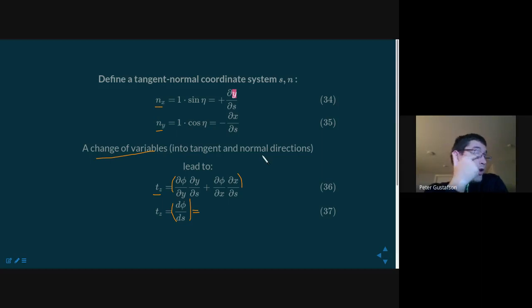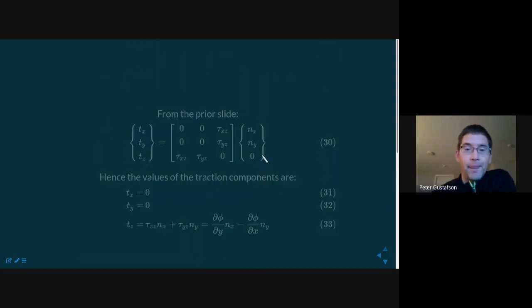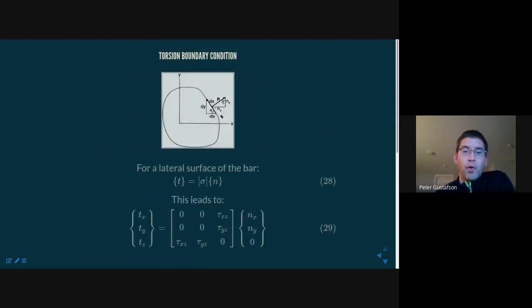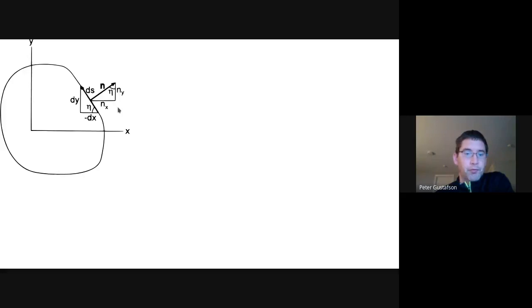Okay, so Nicole says, can you explain again how you go from sine to dy ds? Yeah, I can. So I'm going to have to zoom in here. Okay, so if we have a,